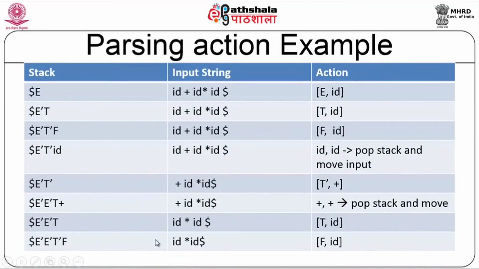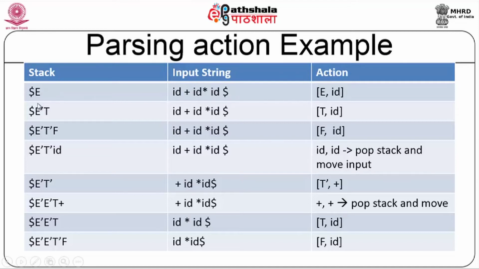Let us take this example. Initially, the dollar is loaded onto the stack as well as the start symbol. For the expression grammar, the start symbol happens to be capital E, which is on the stack, and I am also putting the dollar at the end of my input string. My input string here is ID plus ID star ID. You can take any input. We are looking at the expression grammar here, so this is a valid string of the grammar.